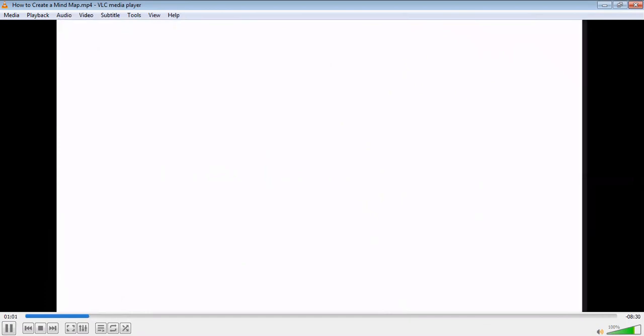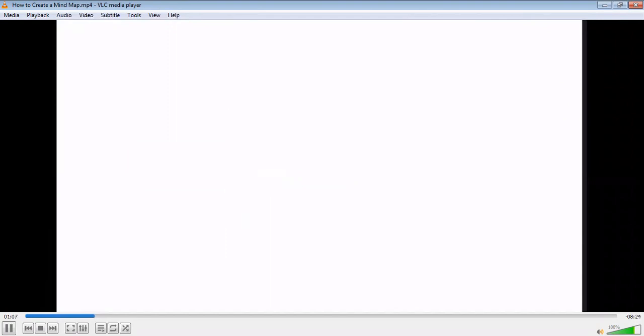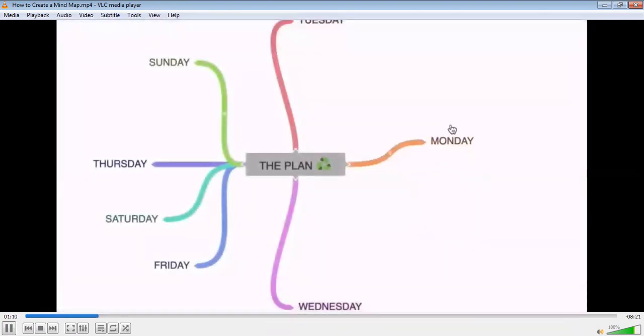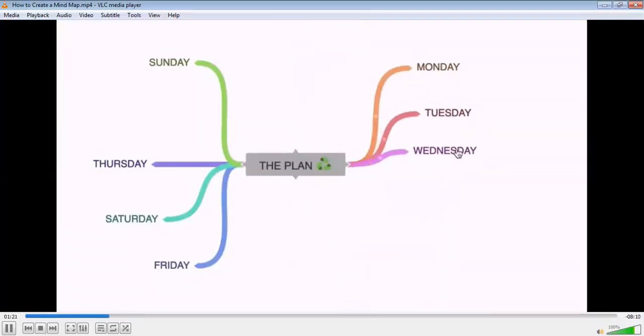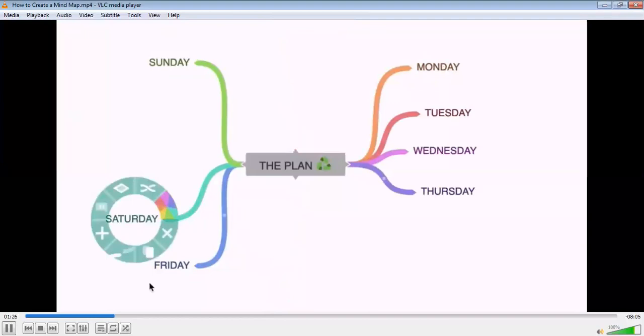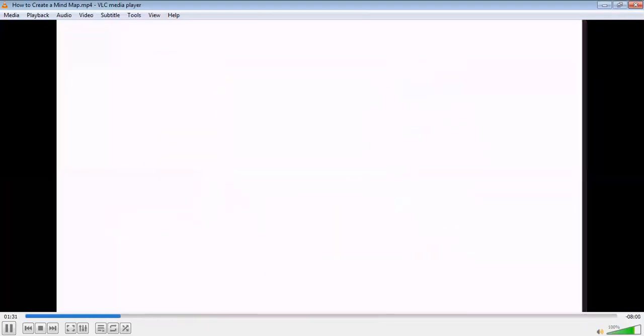Okay, so here I have a blank screen. This represents a blank piece of paper. By the way, you can mind map on paper or you can mind map using a tool, and I'll talk about that later in this video. I use both methods, by the way. If I want to capture some thoughts, I'll start mind mapping on paper, but the only drawback is that I change my mind very often, and I end up crossing out a lot of things on the piece of paper, and that's where software makes this process a lot easier. But I'm getting ahead of myself, so let's step back and look at the action.